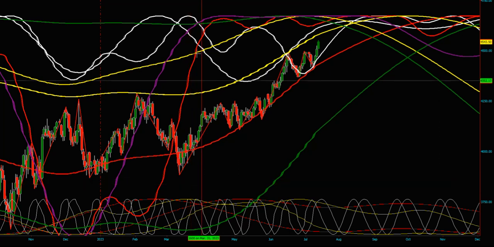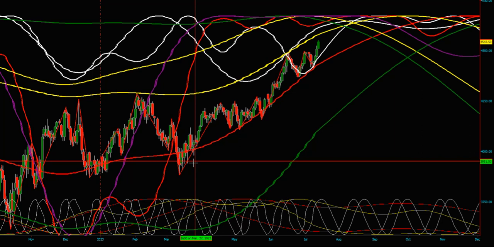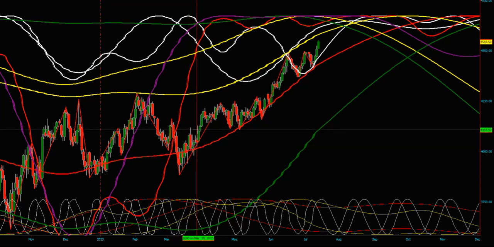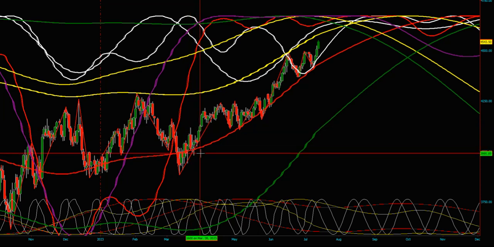And why did we say that? Because of the interaction of these bodies and these bodies. So the market came down into these, the market went up into these dates, and it came down. So if you look at 4107, 3990, so almost 100-point moves, right? Small swing. This is a daily chart. All right.